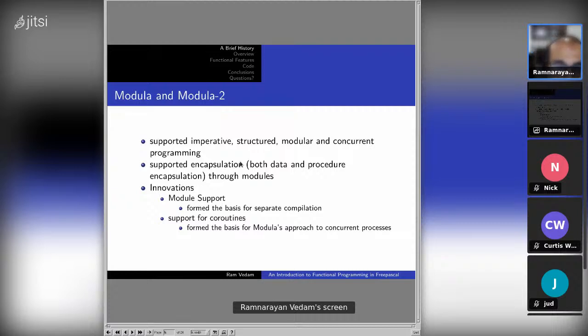Its approach to encapsulation at the time, because you have to remember, Modula came out, I believe, in 1978, and at that time they were still looking into